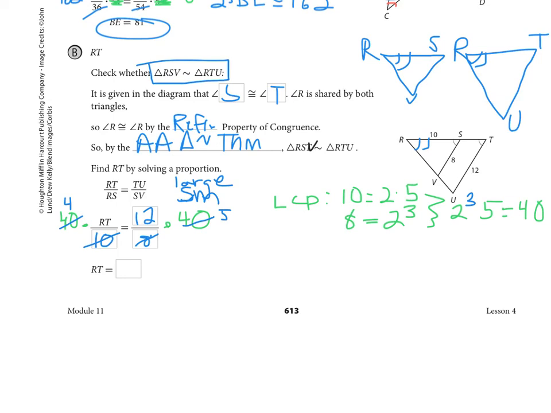So writing an intermediate step over here, we're going to have 4 times RT is going to equal 12 times 5, or 60, or RT comes out to be 15. Moving on to our next slide,